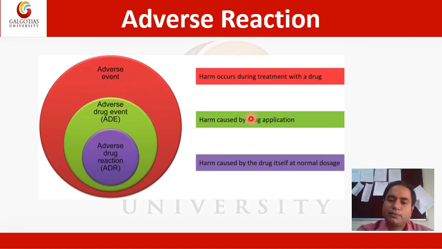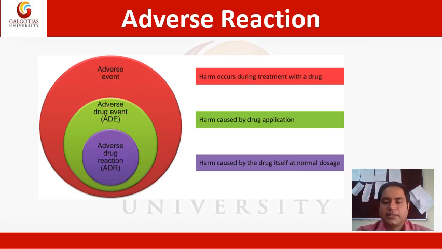When harm is caused by the drug application, it will be called an adverse drug event. And when the harm is caused by the drug itself at normal dose, it belongs to the adverse drug reaction. So you can see here, and this picture can clear your concept about the adverse event, adverse drug event, and